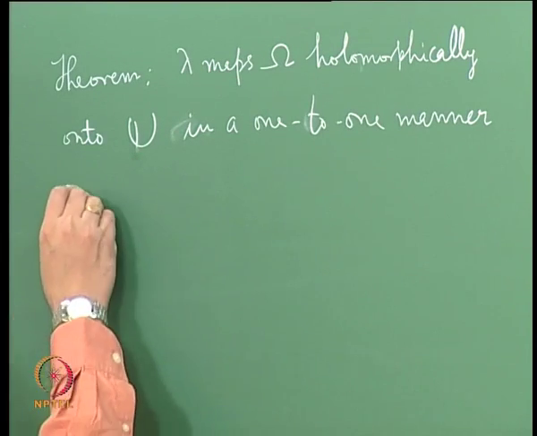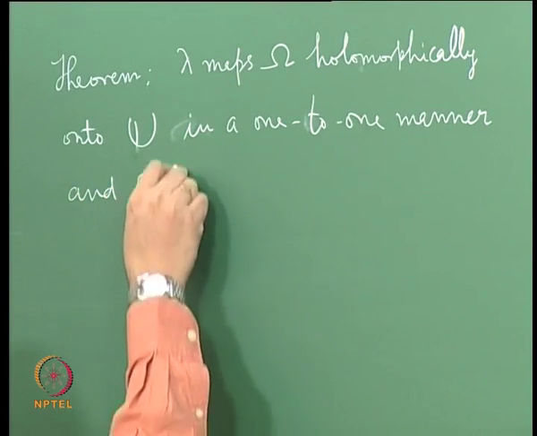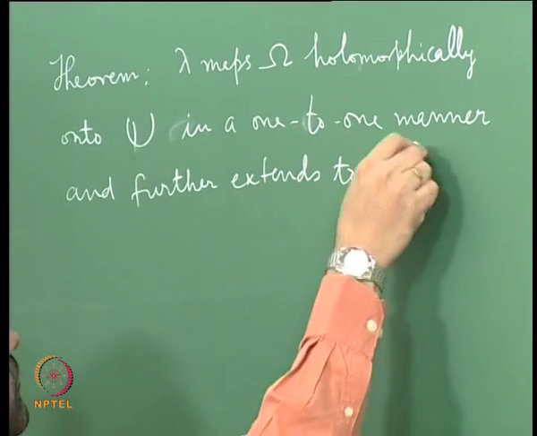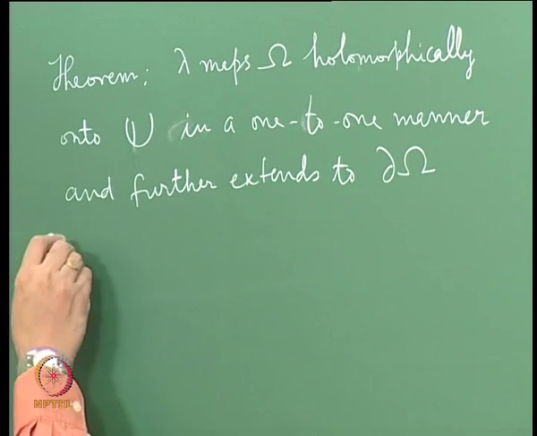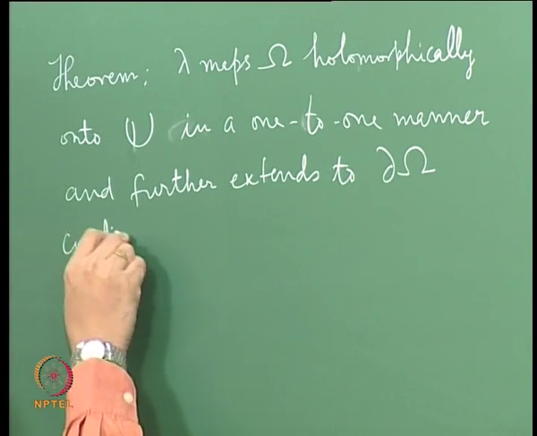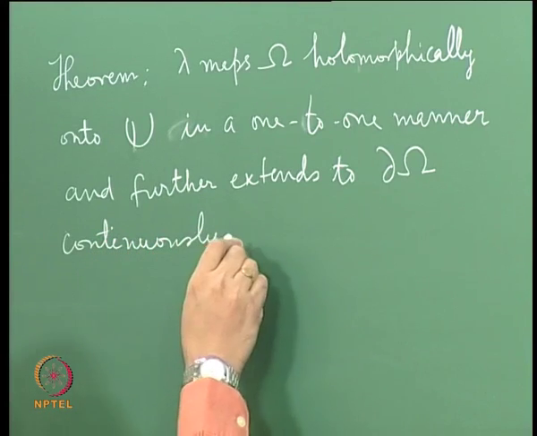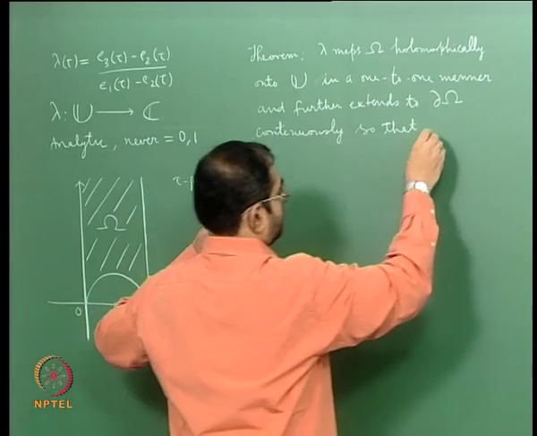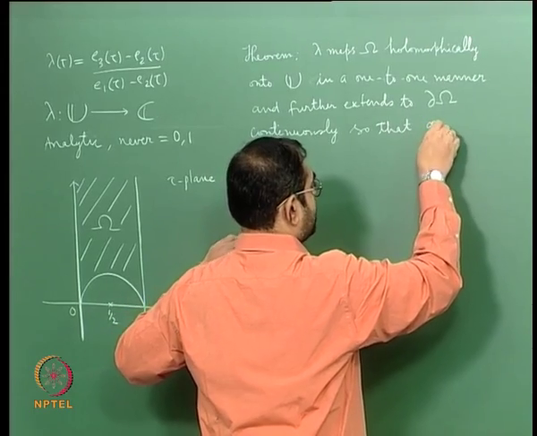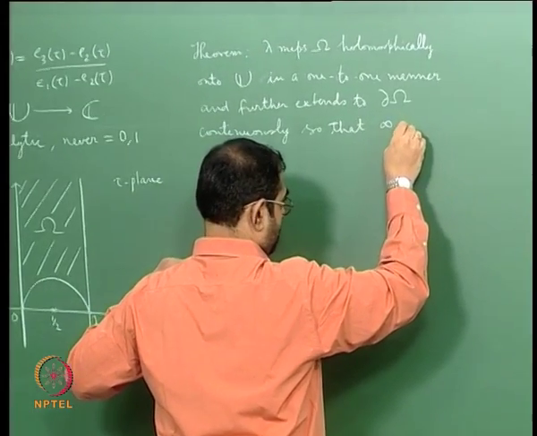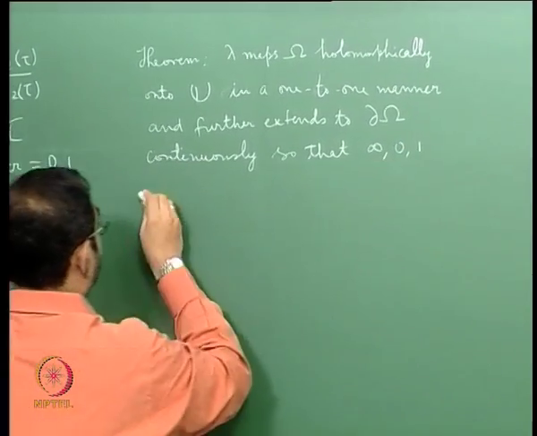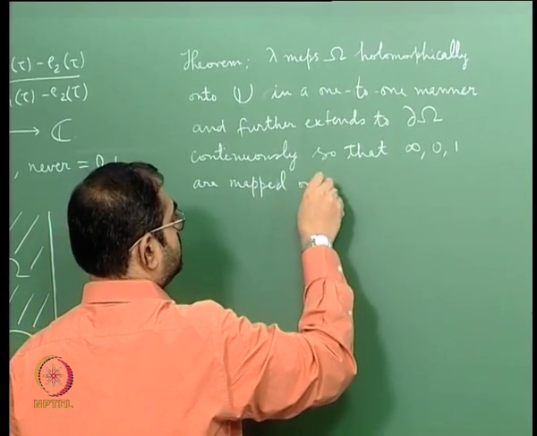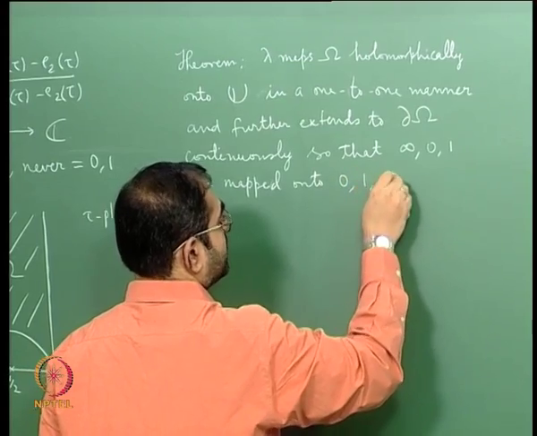okay, and further extends to the boundary of omega, okay, continuously, so that you see infinity, the point at infinity, the origin and 1 are mapped onto 0, 1, infinity respectively,